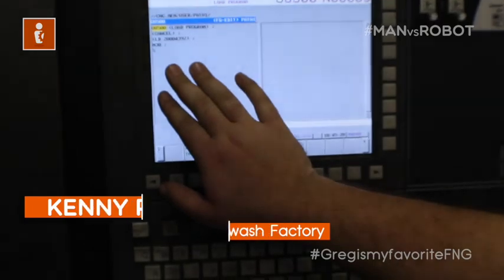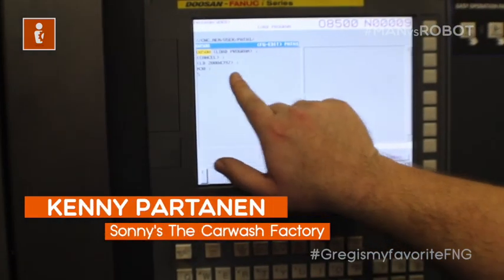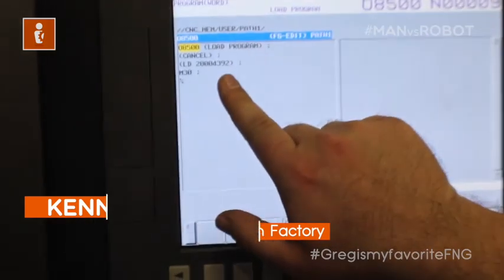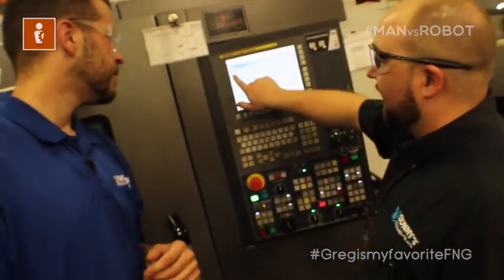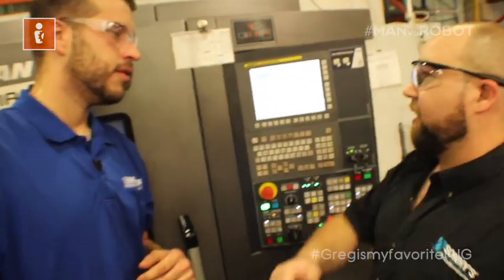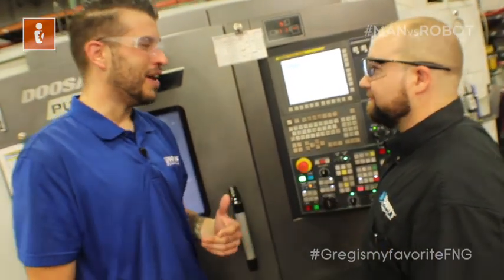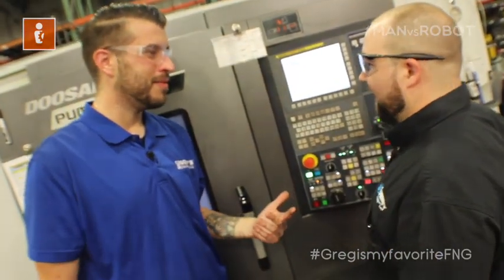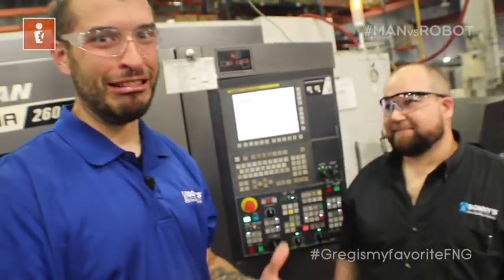I have up here a load program. This program has the part number for the program that I'm looking for. I'm going to send this to the computer. The computer understands that part number and is going to give me a program all by itself. That's pretty nifty. Who set that up? I did. Of course, because you're the only one that speaks machine.